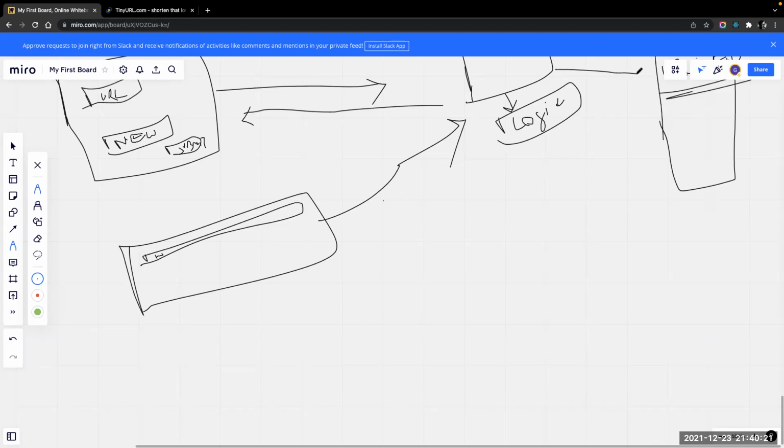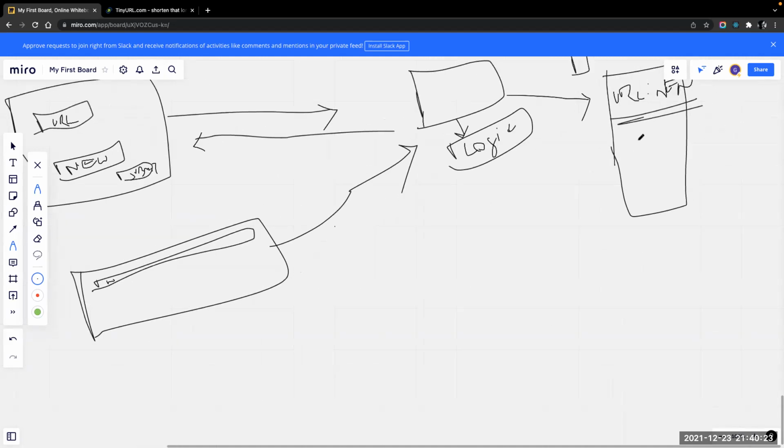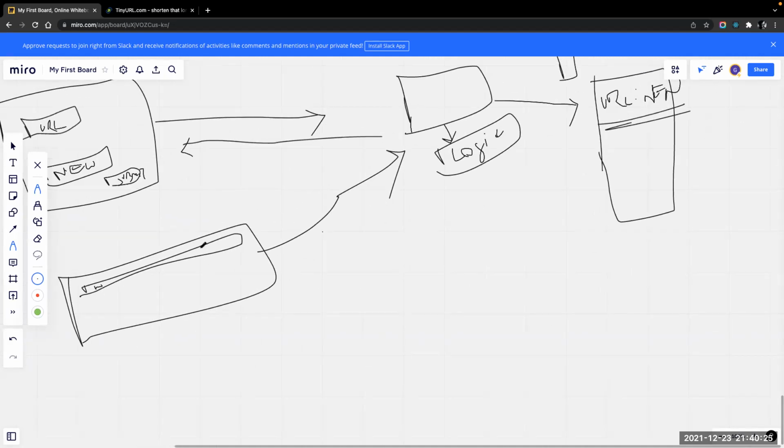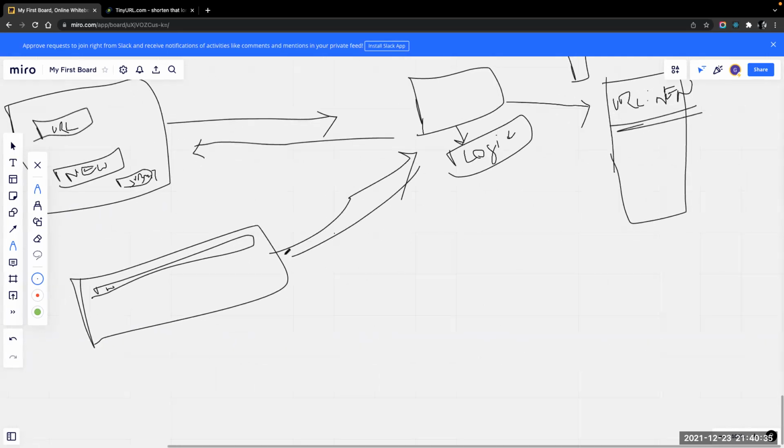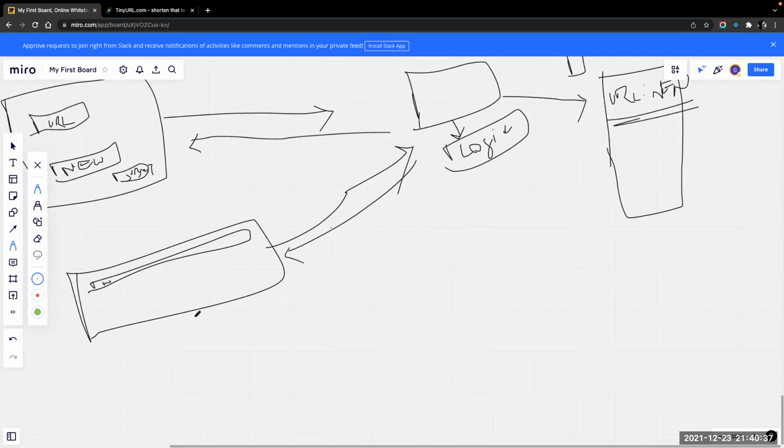It will go to the database and read it. Reading happens. It will check for this particular new URL, get the respective URL, and send that back to the browser so that the page can be loaded. So here the reading happens. Here we use the slave node.